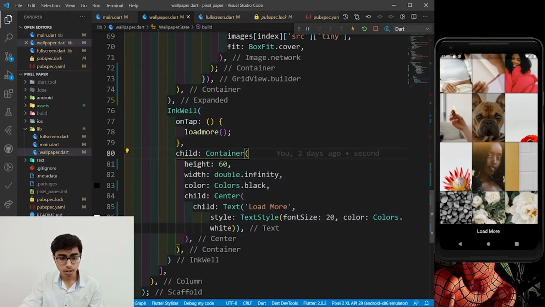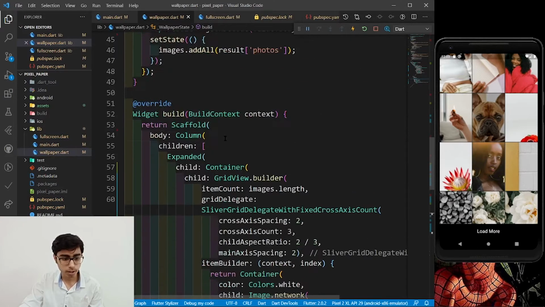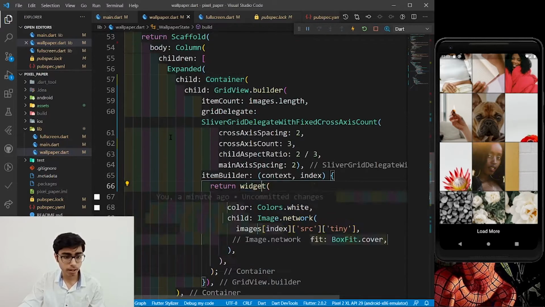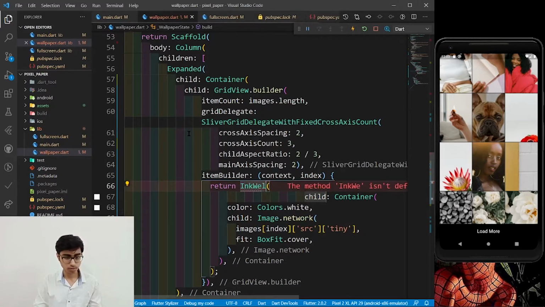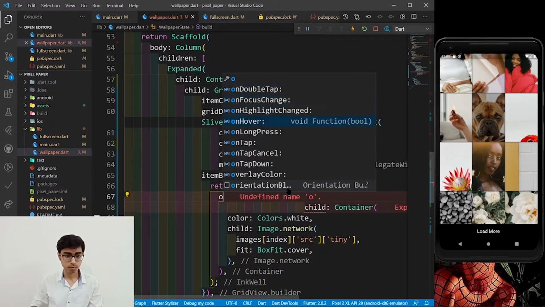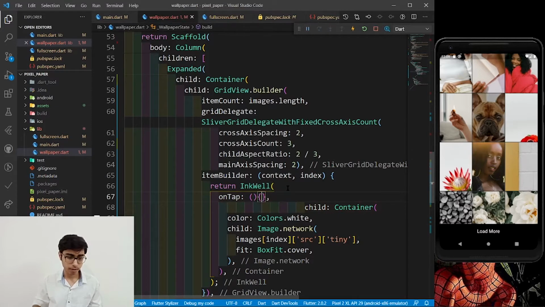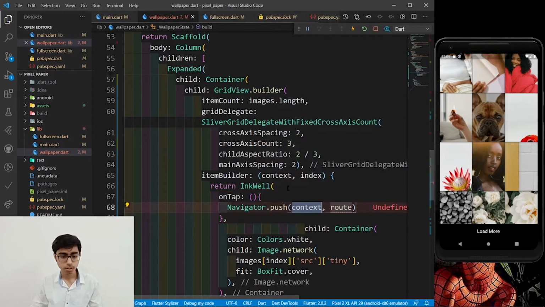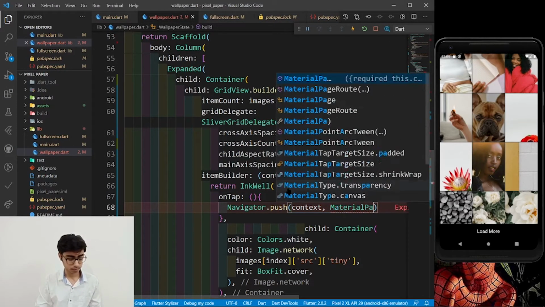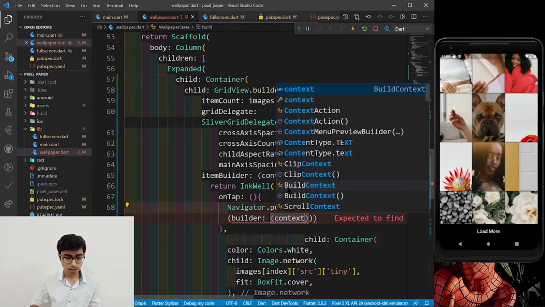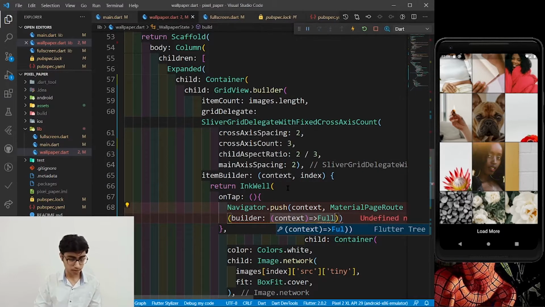Let's call this screen. Whenever I'm going to click on the image, so come on this Container and wrap this Container with an InkWell, and in the onTap, define Navigator.push, context, then MaterialPageRoute, define builder context, return the FullScreen.